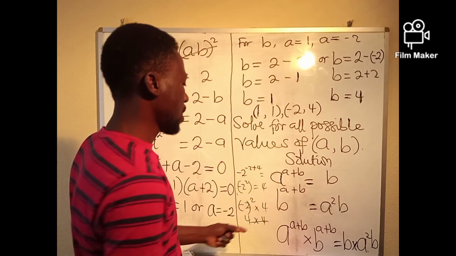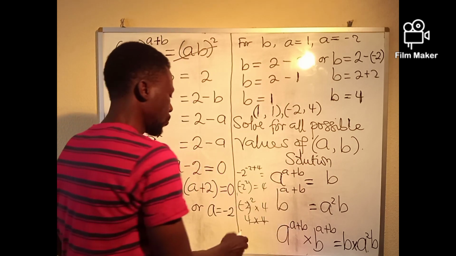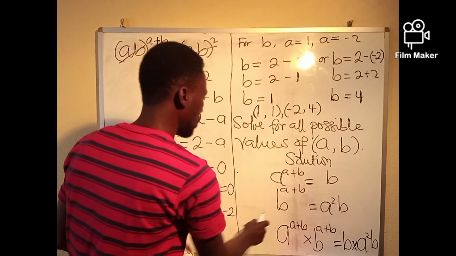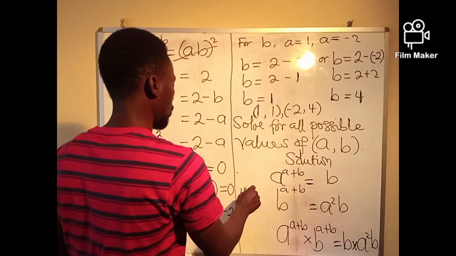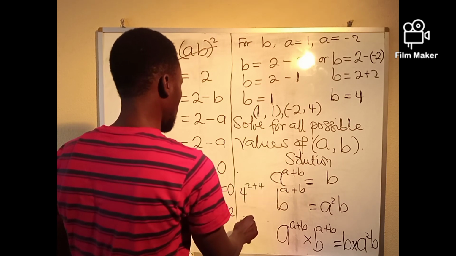Now, when we come here also, and we put a to be equal to negative 2, we shall have b, which is 4. So we shall have 4 raised to the power negative 2 plus 4. And that will give us